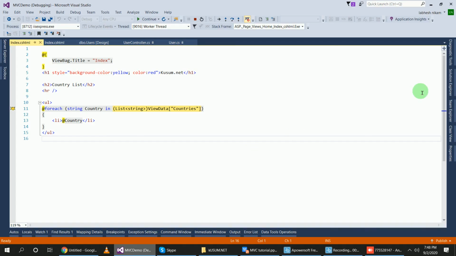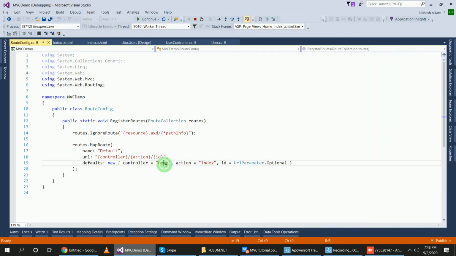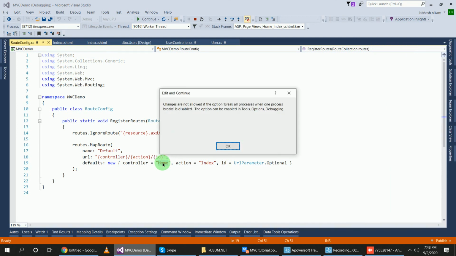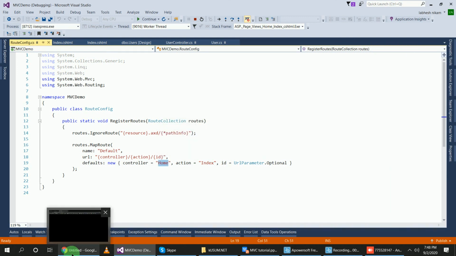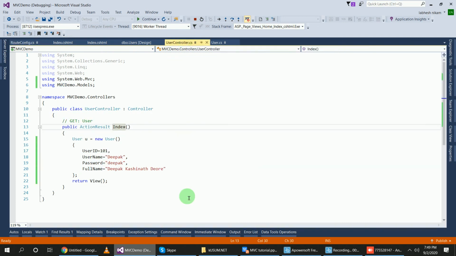And if by default you want to run your page, then define your settings in this MVC config file, the route config file. Here your controller name, user. Okay, first run this application. Right, it is taking much more time.